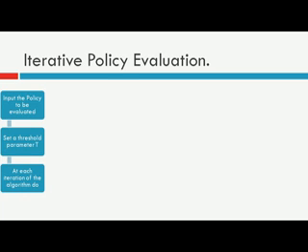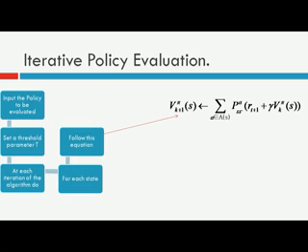Then at each iteration of the algorithm, for each state, that is, at each iteration you will consider all possible states, and for all states you will follow this equation. So this is the equation that you will follow for each of your actions, that is v pi at iteration number k plus 1 for state s is given by the summation over all possible actions of P^a_ss' and reward R_{t+1},